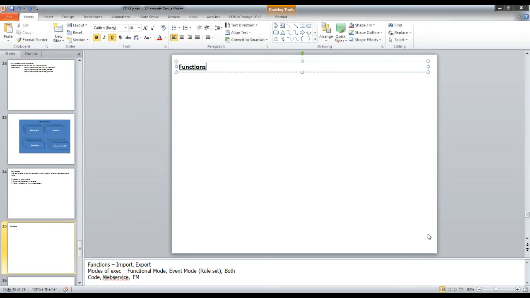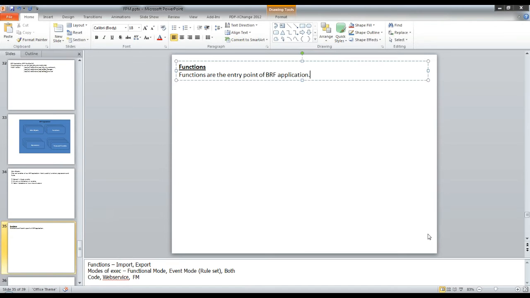Why are they very important? Because functions are the entry point of a BRF application. So let's say you want to integrate BRF Plus in your project.